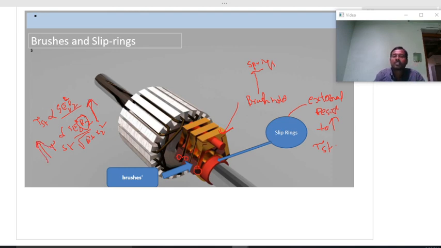So what is the resistance? R2 is nothing but rotor resistance. Rotor resistance is nothing but R2. So this rotor resistance is increased by placing the external resistance. If you want to produce high starting torque at starting of a three-phase induction motor, in such cases we should use external resistance.